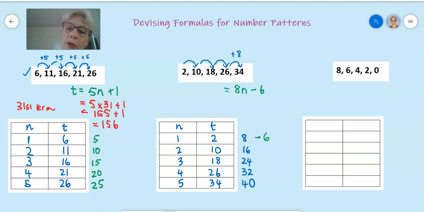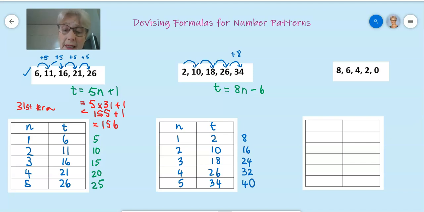And I complete my rule by putting in T is equal to 8n minus 6. So here is my rule, or my formula. So if I check the second part of my formula on the rest of my terms,